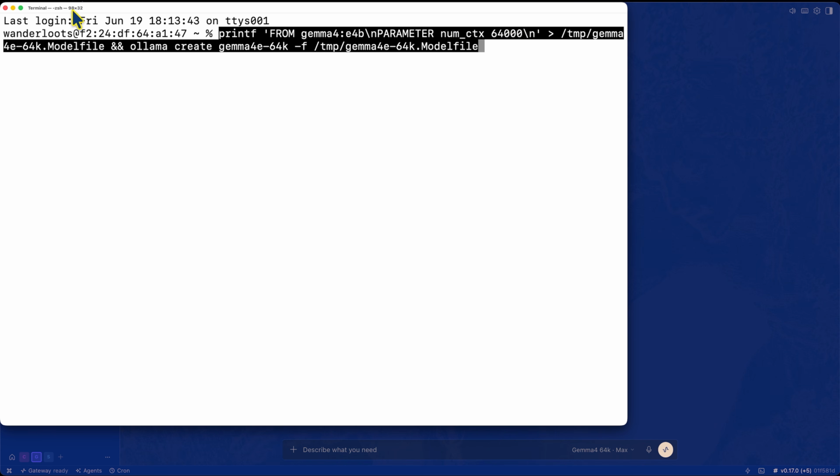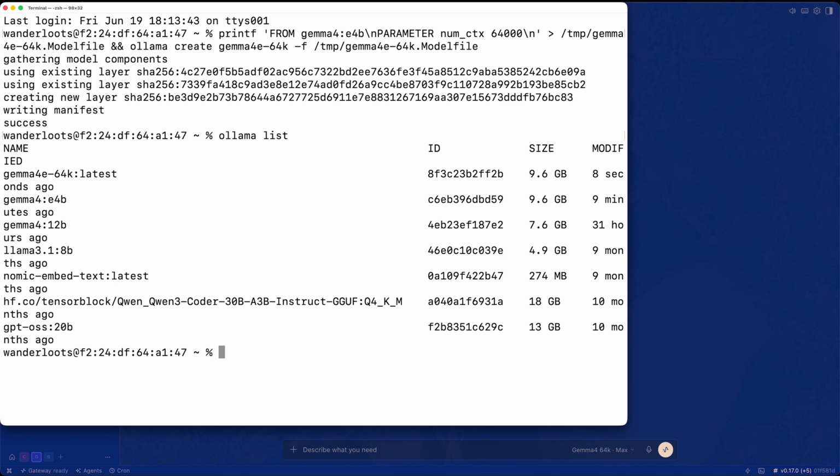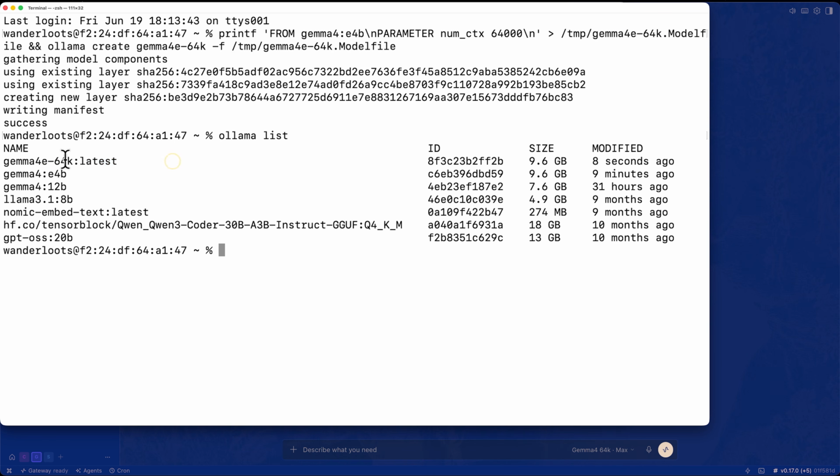So it's creating a little variant file. You say, okay, here we go, gathering model components, using existing layer, success. And now if we go ollama list, we can see we have gemma4-e4b-64k variant. So we just created this new model 8 seconds ago. And now if we run it,